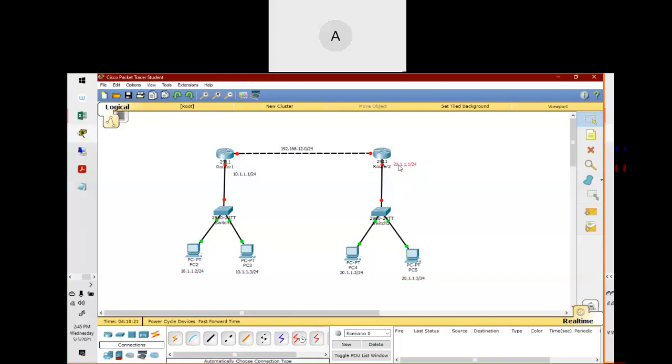So guys, this would be the IP address for the gateway for this router, and this is the IP address for the gateway for this router, right? So I hope you all are familiar with the router configuration, router interface configuration. Yes or no?